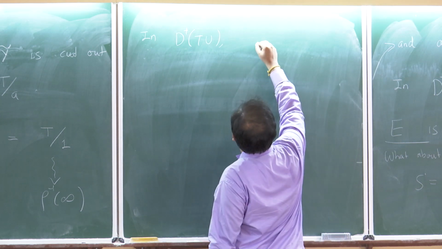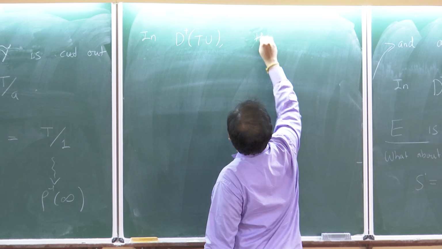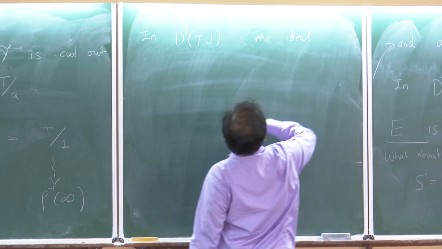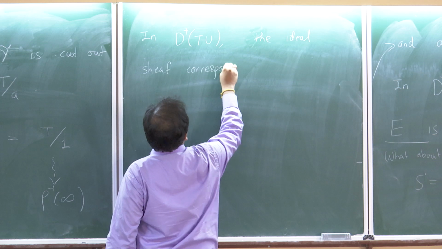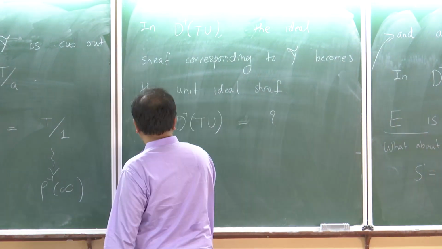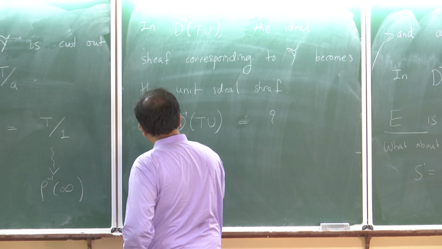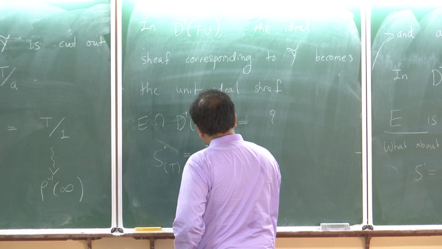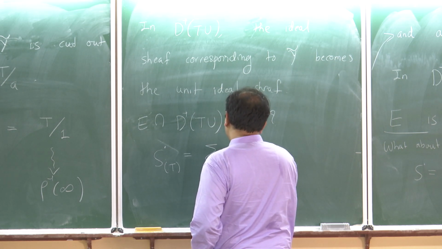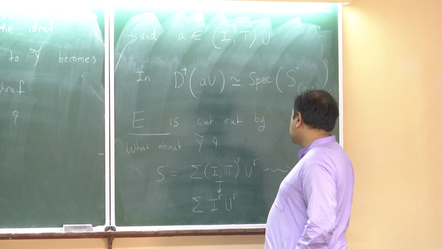This y tilde, the ideal sheaf corresponding, is basically the inverse of S dot of T. This is equal to the sum over r greater than or equal to 0 of I. So if I take this and I localize at T and look at the